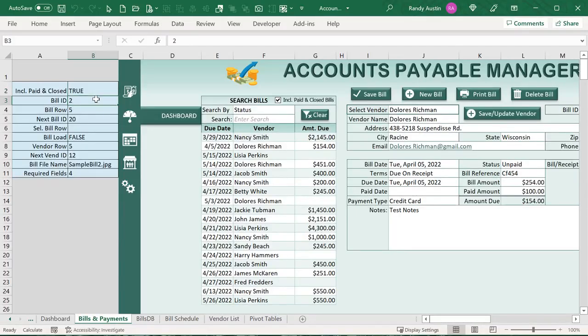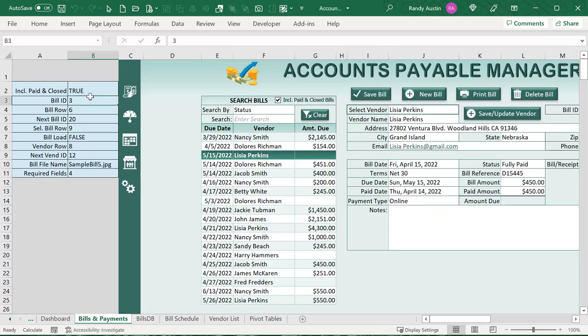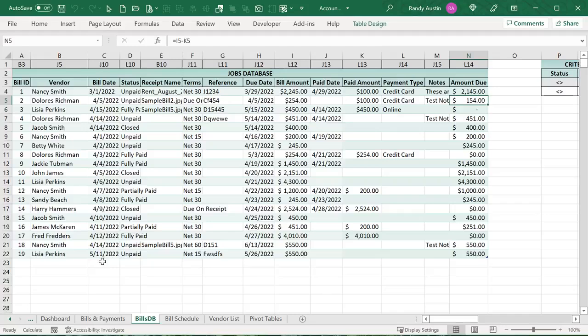I want to know the selected bill ID. That's going to be based on the selected one. If I select a different bill, I want that bill ID to change. I also want to know the row that's associated with that bill. That is the database row that is associated with that, and it's located here. So that means that bill ID number 3 is located in row number 6, as you